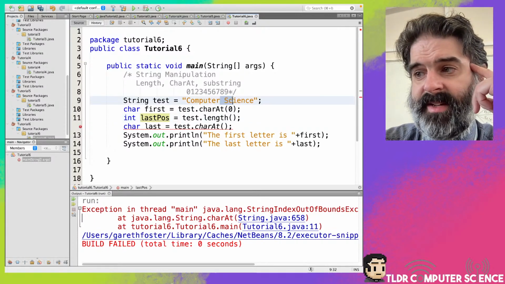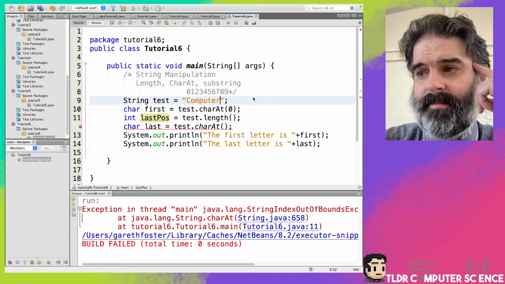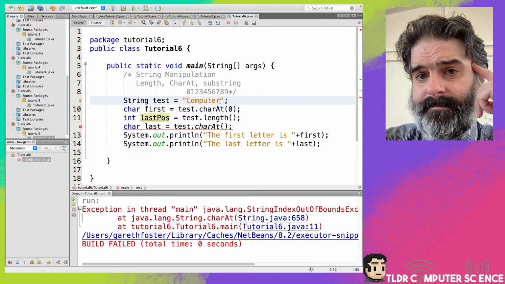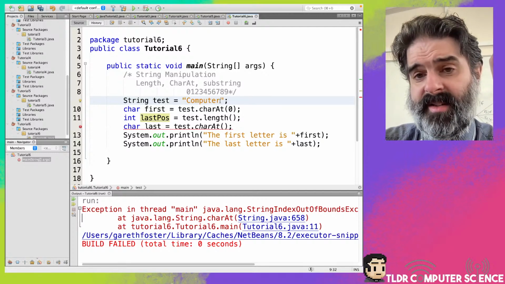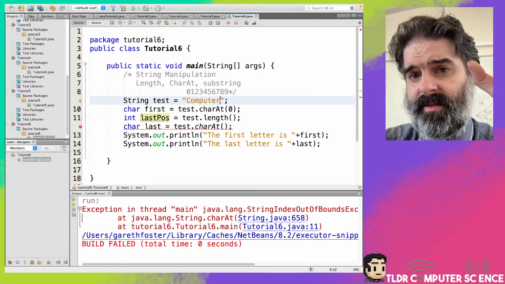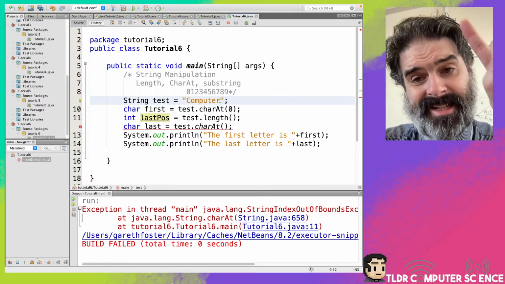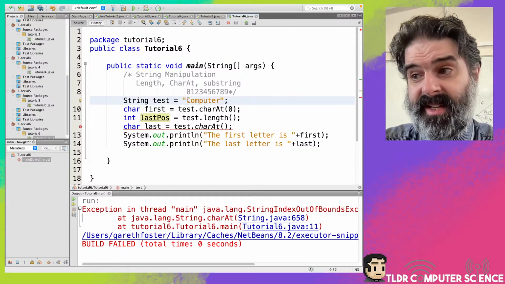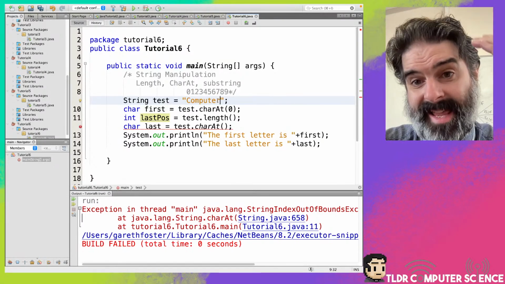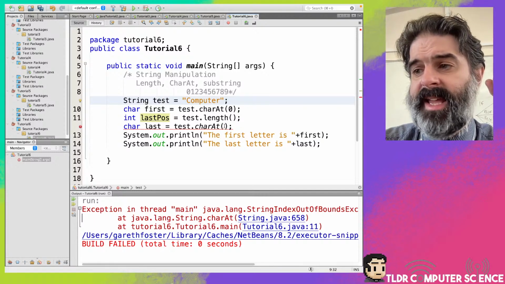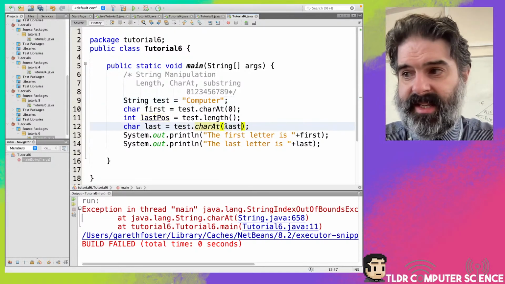I want to make my life even easier, just to have computer. You can see here, I've got 0 to 7, but how many characters? Is there 7 characters? No, there'll be 8 characters, because counting it, there's 1, 2, 3, 4, 5, 6, 7, 8. So that's going to say 8. So if I put lastPos here,